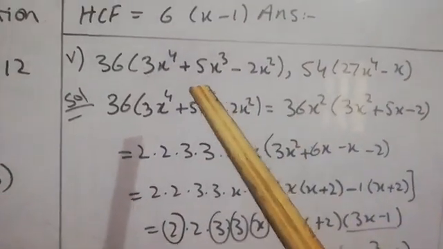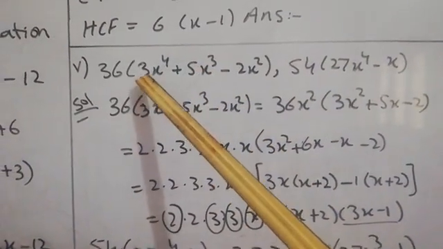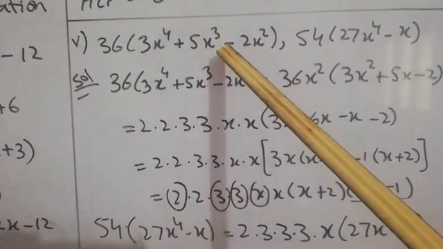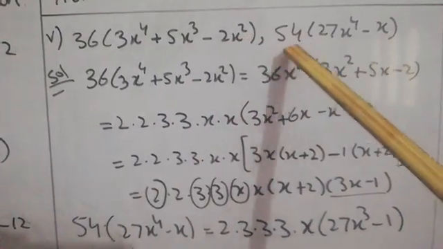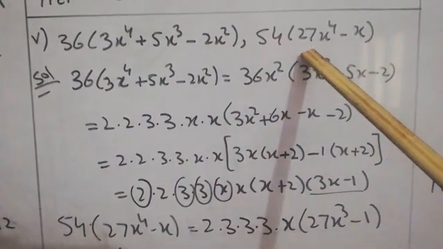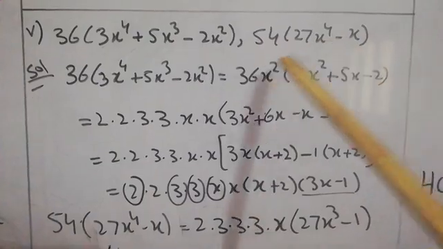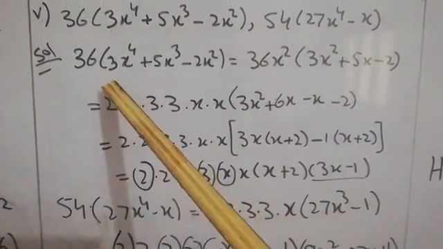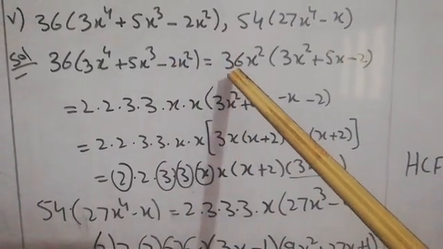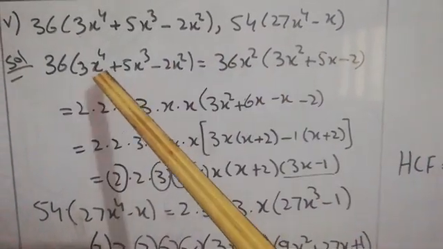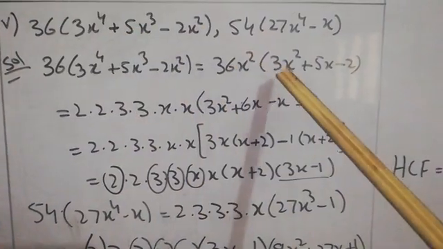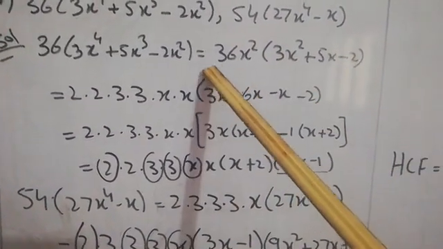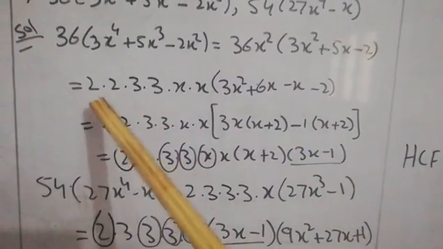Part number 5. The first expression is 36 into 3x^4 plus 5x^3 minus 2x^2, and the second expression is 54, 27x^4 minus x. Dear students, in this expression, first of all we will take x square as common. Then we will get 36x square, and after taking x square as common, we have the value 3x square plus 5x minus 2. Now we will find the prime factors of 36, which are 2 into 2 into 3